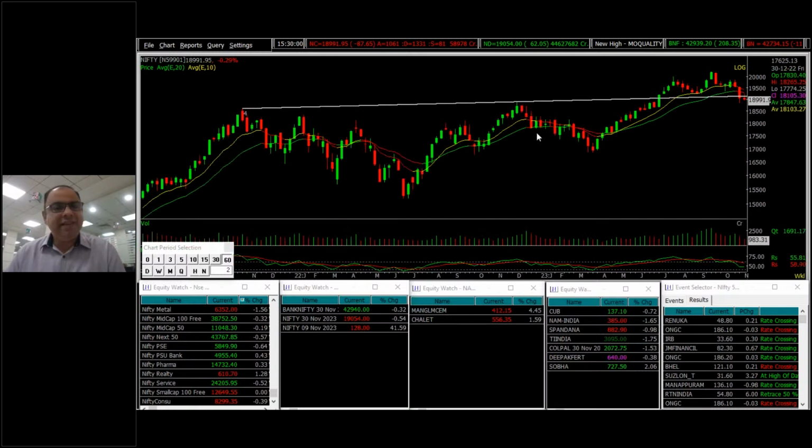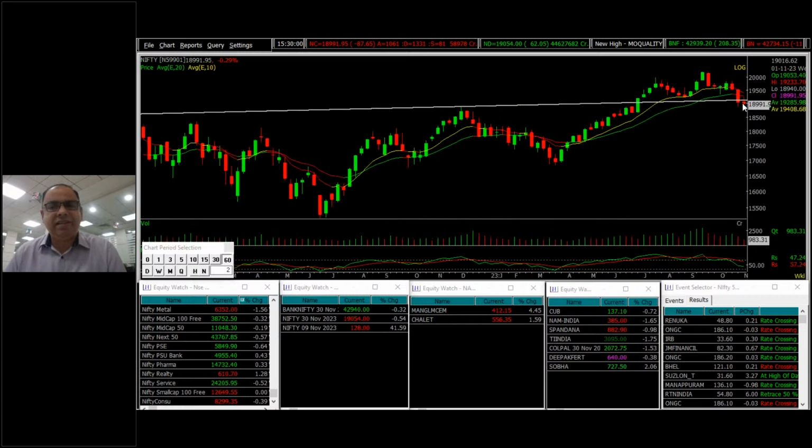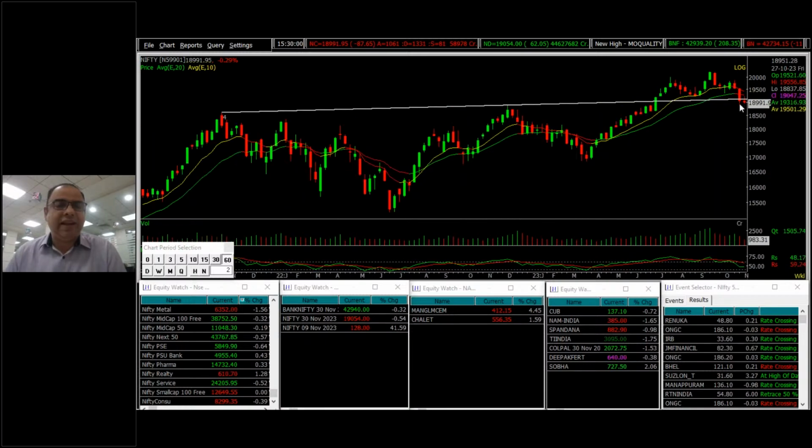On the weekly chart, Nifty is still looking weak. After a sharp weakness, Nifty showed follow-through weakness so far this week, but the sharpness of the weakness is not as much as in the previous session. This support was broken last week on the downside, and Nifty made an attempt to move above it as per the change in polarity, but failed to sustain above 19,200 levels. Again it is moving below this support. Now this is going to be crucial.